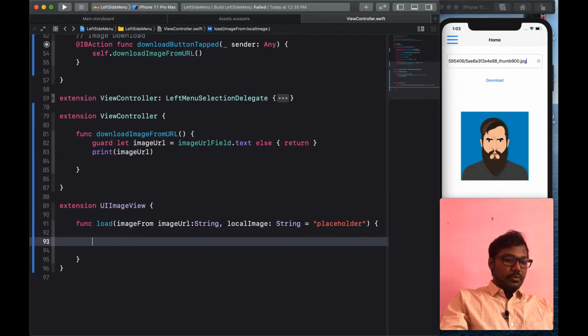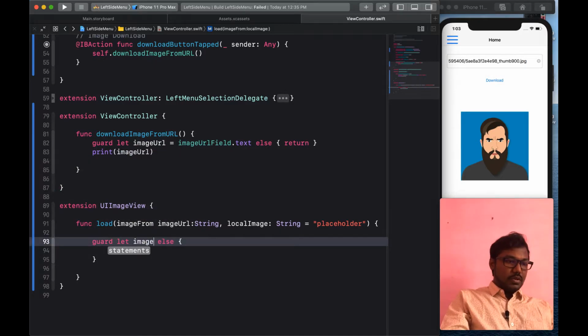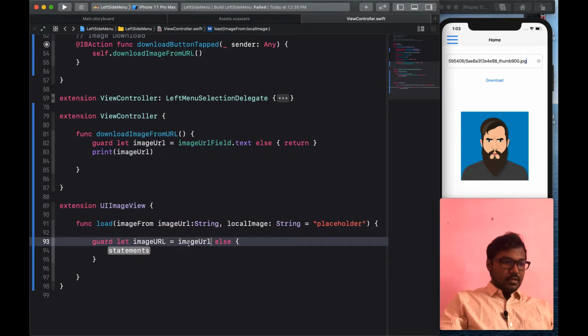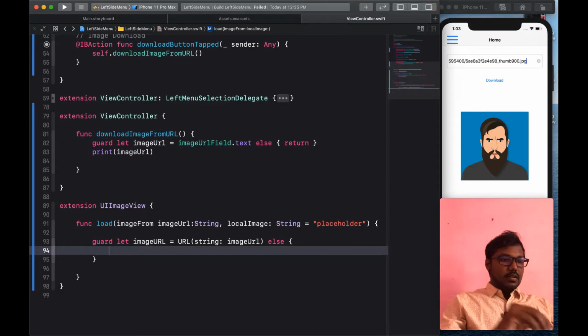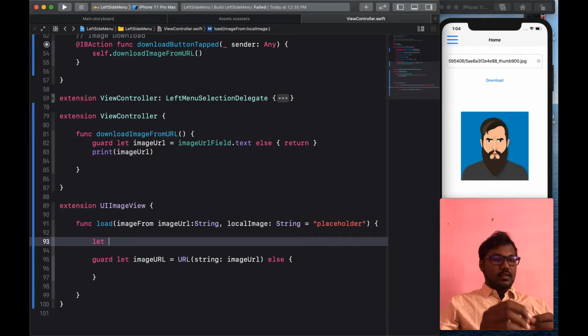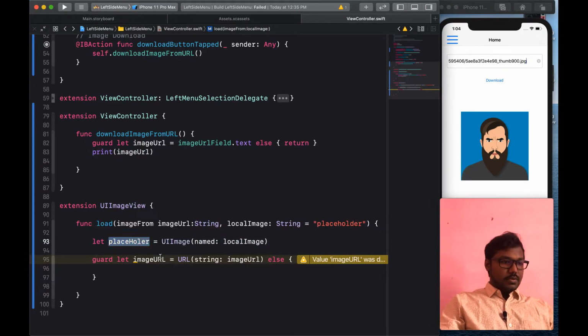Now I am going to validate the image URL, the live server URL. We have to check whether the image URL is valid or not, so we convert it into a URL. Before that we have to create the local image, so I am setting the placeholder image as a UIImage with the local image name.